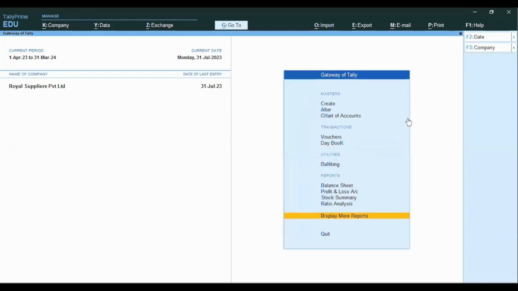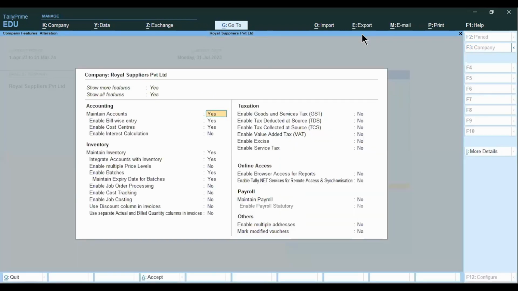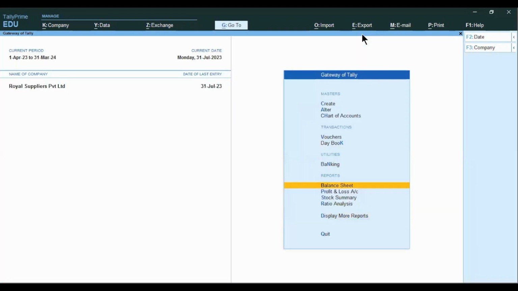So this is how we can create the batches. For creating batches, what we have to do? First of all, go to F11, enable this feature. That is, you want to enable the batches and maintain expiry dates for the batches. This is the first step. Then